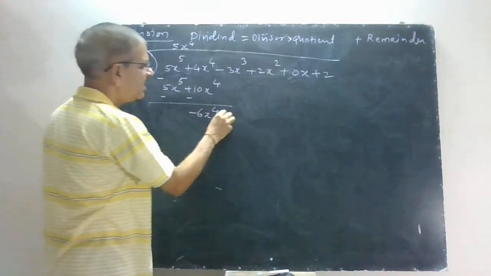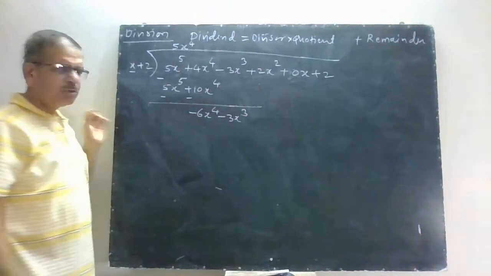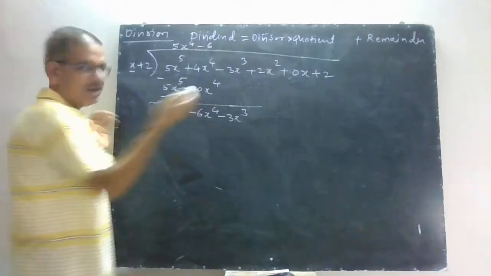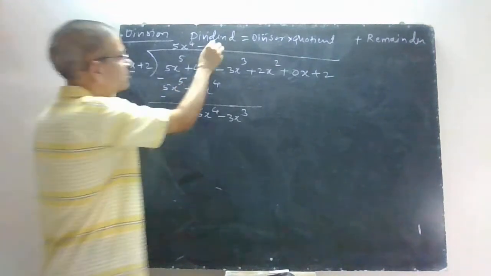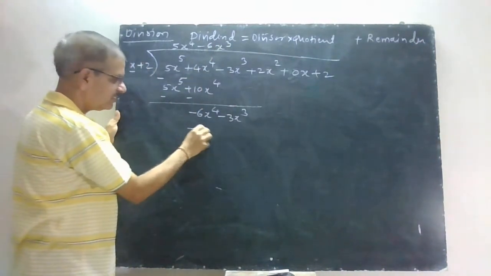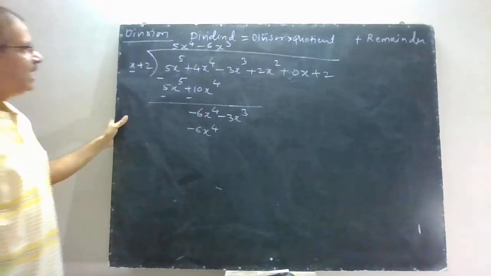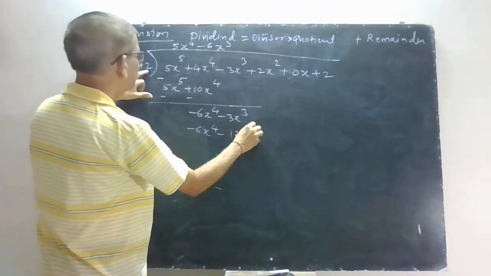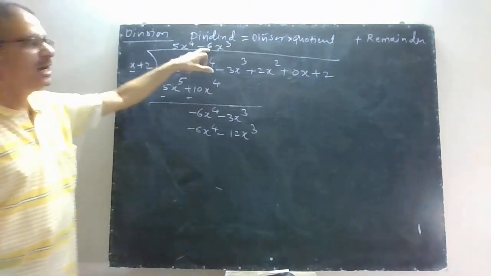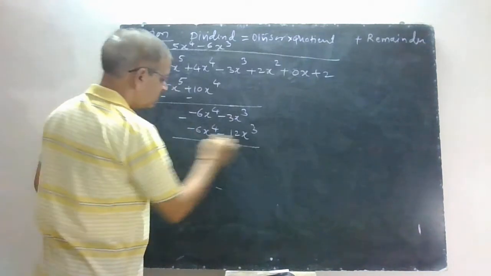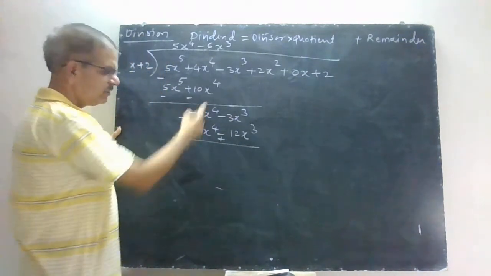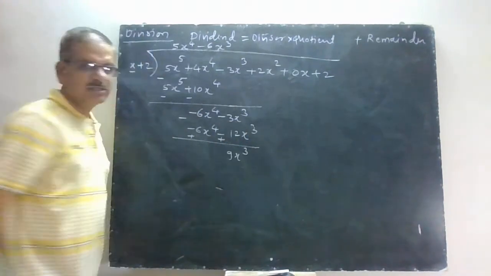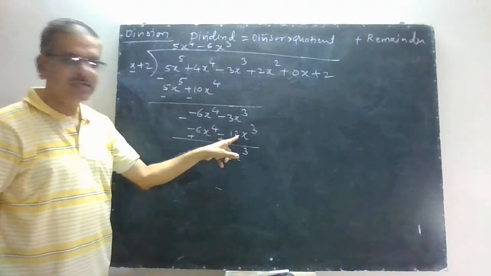Now take the next term, that is minus 3x cube. Now only concentrate on the first term here and the first term here. It is minus 6, so minus 6 you have to write. x raised to 4, here it is x, so it will be x cube, so that you get the same term. And now minus 6x cube into 2, that is minus 12x raised to 3. 2 into minus 6, that is minus 12. Again you subtract, so this becomes positive, this will get cancelled. Minus 3x cube plus 12x cube gives you 9x cube. See, this minus 3 plus 12 gives you 9.